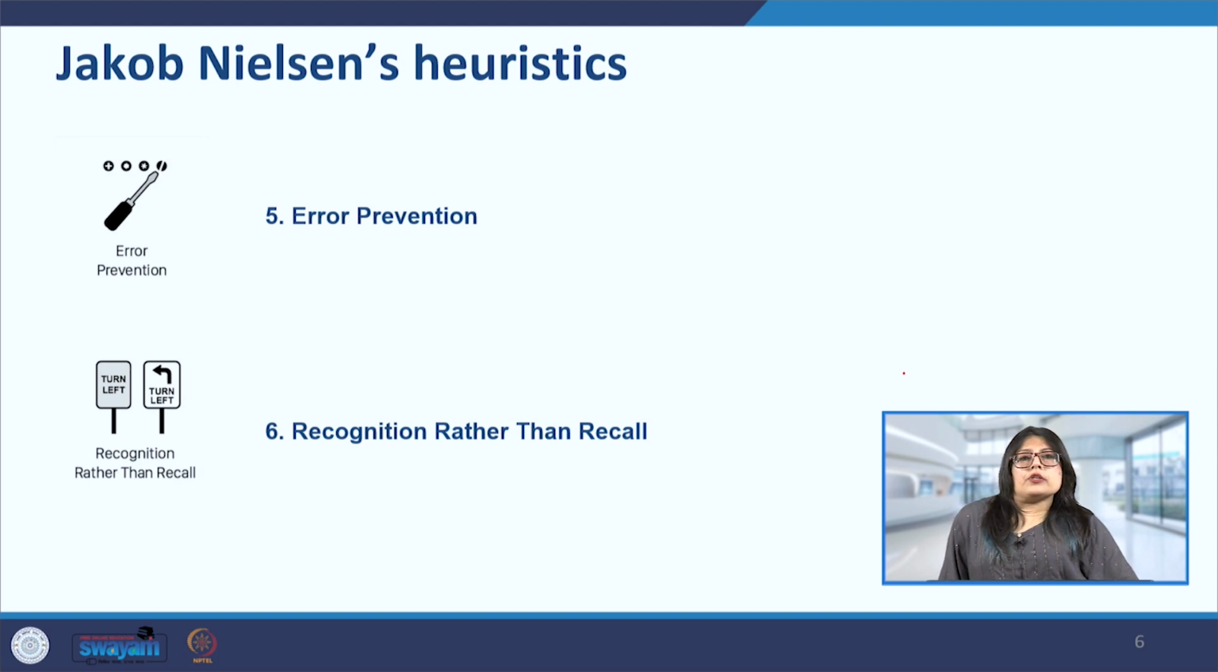So recognition is something that our visual perception helps us with. We recognize, for example, our family members and our friends by their faces. When they're walking along a corridor far away, we also recognize them by the way they walk or by some of the clothes that they usually wear. And recall is something where cognition is involved, where we are trying to recall some information, and that happens